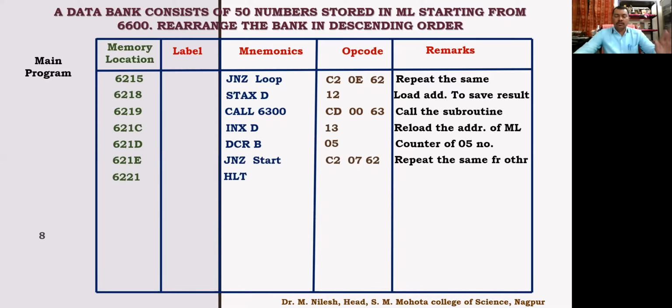So this is for the ascending order, and this is the main program that we are having. Just see, we have required around 21 hexadecimal. 21 means it's around 33 memory locations, 33, 34 memory location addresses. So we have written this program for 34 lines. Just imagine, and still the subroutine is yet to come. So yeah, so this is the main program that we have to load in the memory location.